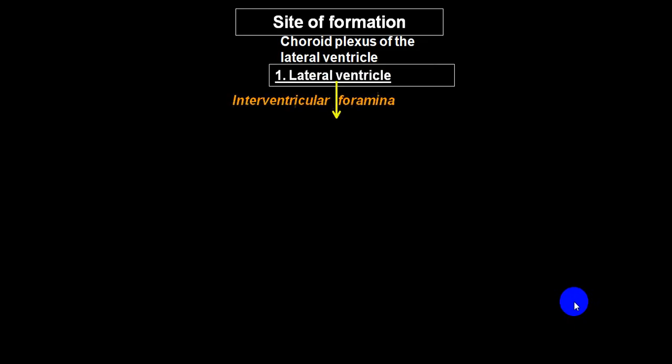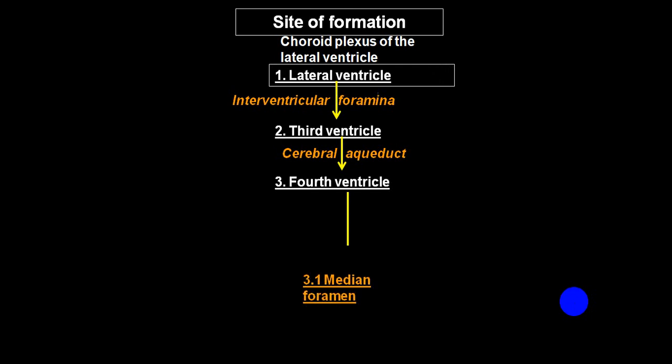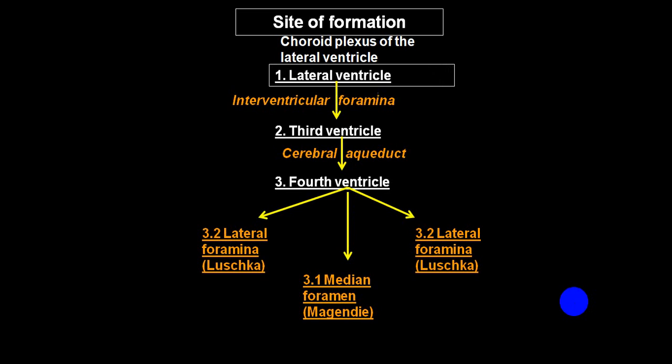So lateral ventricles, interventricular foramen, that is the foramen of Monro, into the third ventricle, from the third ventricle via the aqueduct of Sylvius into the fourth ventricle, and the central opening foramen of Magendie and lateral opening foramen of Luschka, into the subarachnoid space,